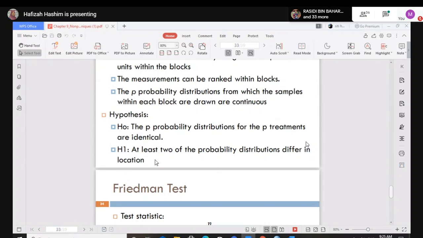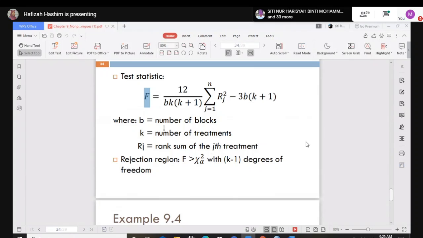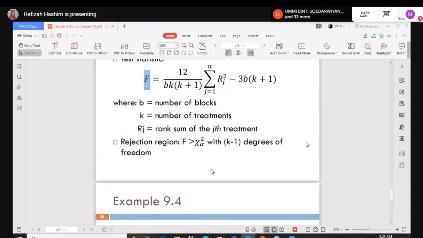So you can say that one is a significance test. The Friedman test is denoted Fr, named after the person that created it. So this is the formula. You reject if the Fr value is greater than the chi-square at alpha.